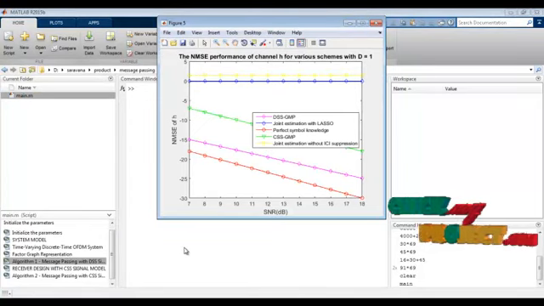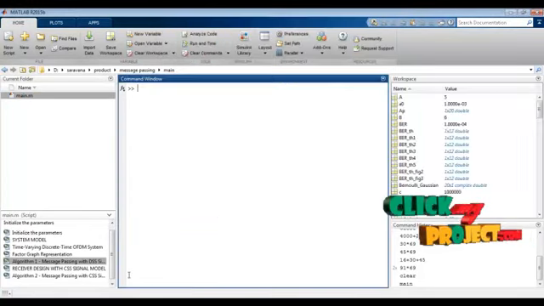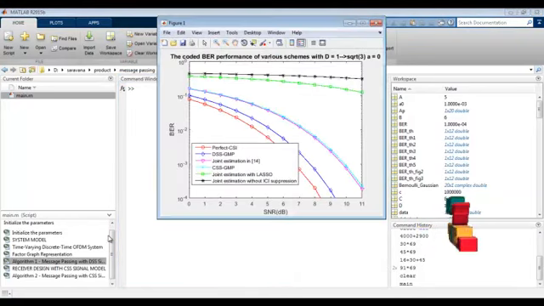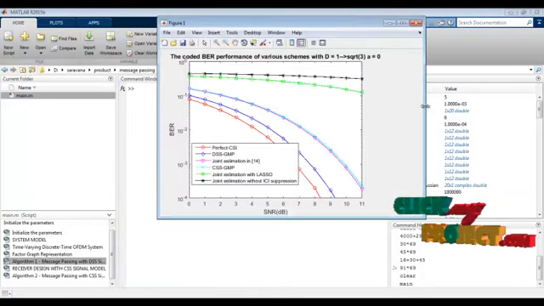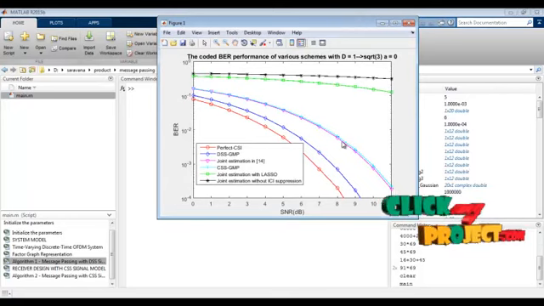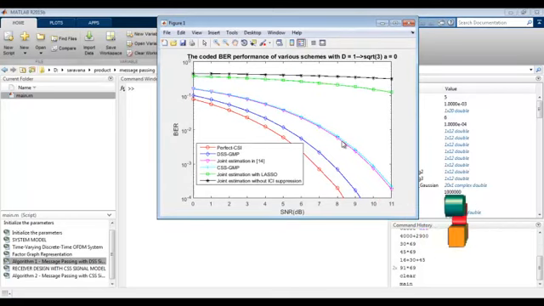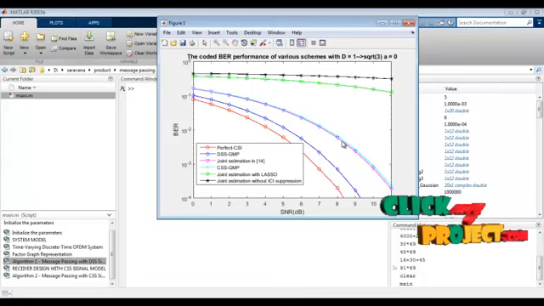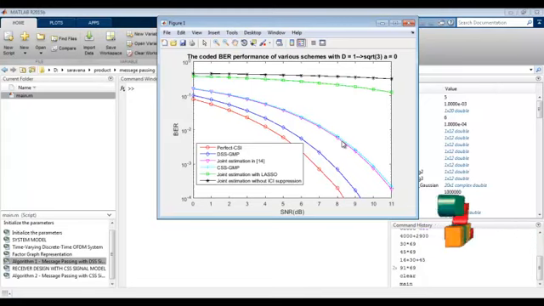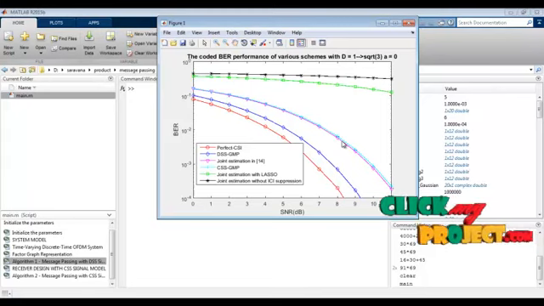Next, we can see the results. First, this is the BER versus SNR estimation, the coded BER estimate performance, with square root of a2 being 0, and a of square root 3 is 0.